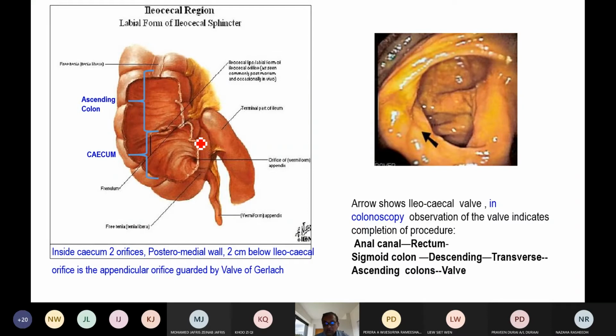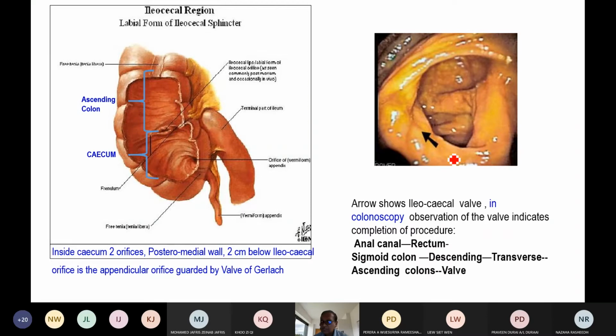You can tell the gold standard for diagnostic approach to lower GI disorder is colonoscopy. So you put the colonoscope instrument through the anus, rectum, it goes to the sigmoid colon, then the descending colon, then the left colic flexure, transverse colon, right colic flexure, ascending colon, and once you reach the cecum, you can demarcate the ileocecal junction. Reaching the ileocecal junction means you know that your colonoscopy is completed.